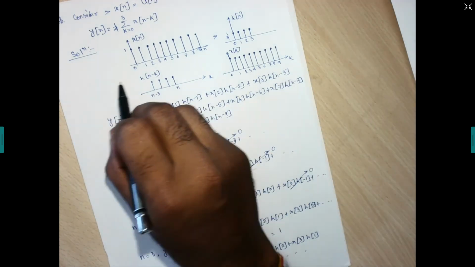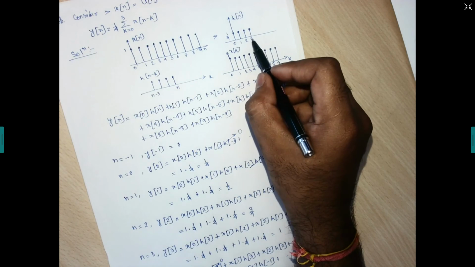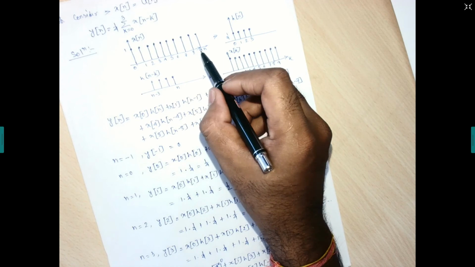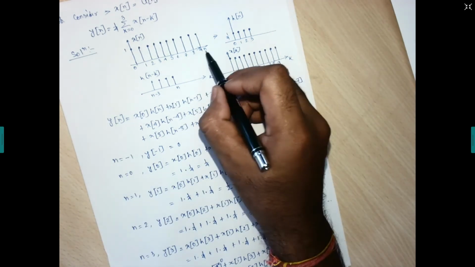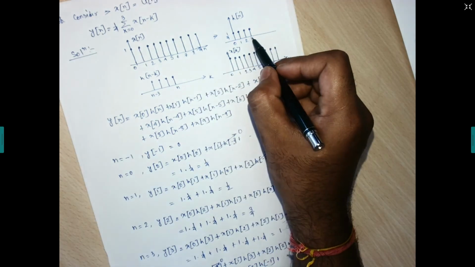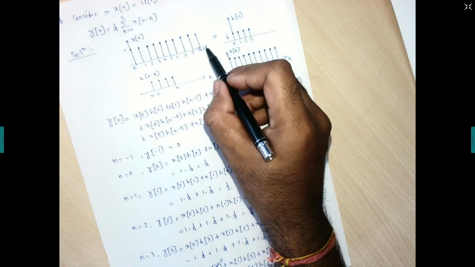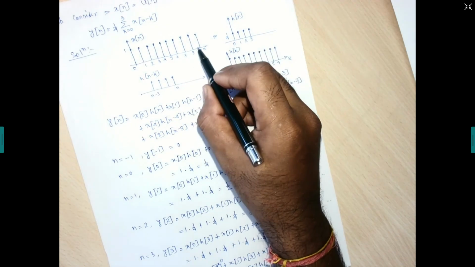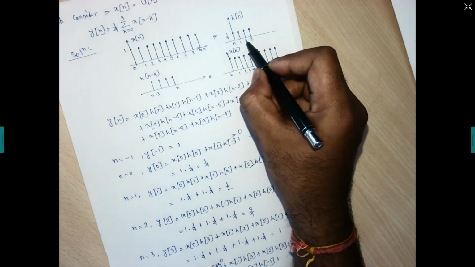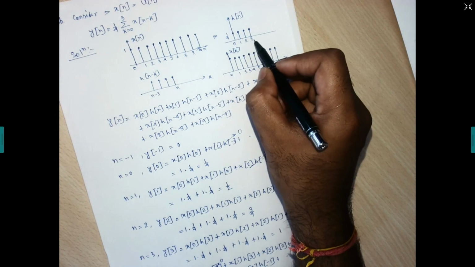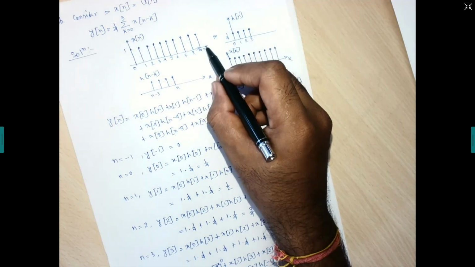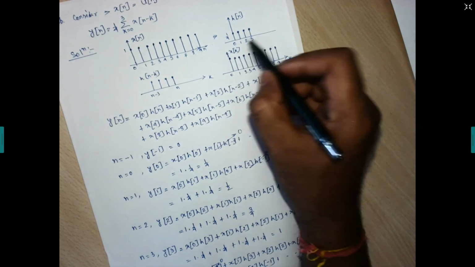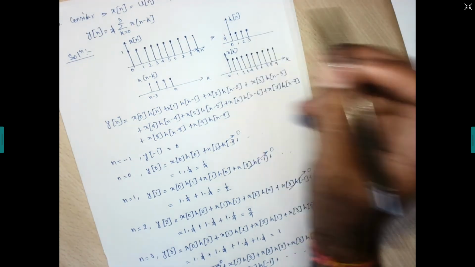Now in this way, if we go to the right hand side, all the samples will have the interaction with these samples up to 9, because up to 9 only we are having the 4 samples. Now if we move beyond that, after this 9, these 3 samples will go to the location of 10 in the xn, and we are left with these 3 samples, which will have the interaction with 7, 8, 9. After that, if we move further to the right, at n is equals to 11, these 2 samples will have the interaction with 10 and 11. So 10 and 11 have the amplitude of 0, right? So 0 into 1 by 4 will completely become 0. So we are left with these 2.